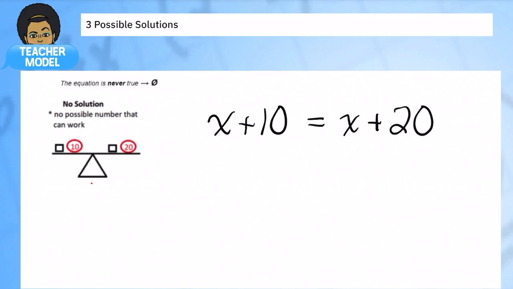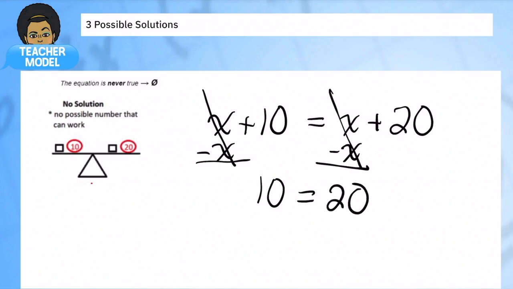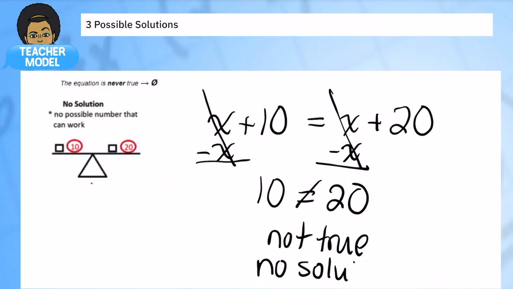If we were to, let's say I wanted to put the x on one side of the equation, so I'm going to move it to the left. Unfortunately, it cancels out, and I got 10 is equal to 20. That is not a valid statement. It is not true. So there is no solution to this. And this makes sense because being that I only have one x on both sides, no matter what I put in there, as long as I'm adding it to 10 and adding it to 20, there's no way it would be equal. So even if x was 5,